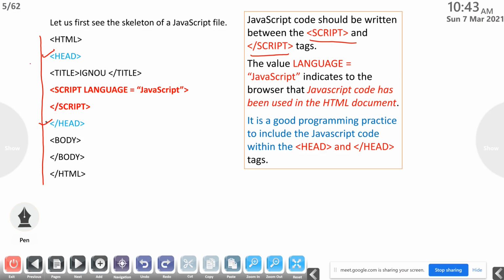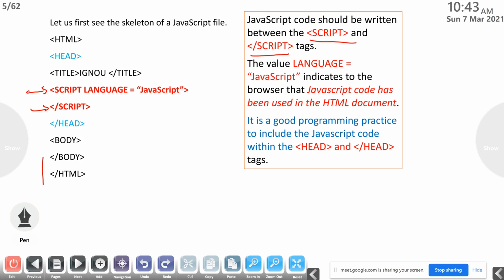So here, this is the script part and this is the /script part. The value language equal to JavaScript indicates to the browser that JavaScript code has been used in the HTML document. It is not compulsory that all HTML documents use JavaScript.